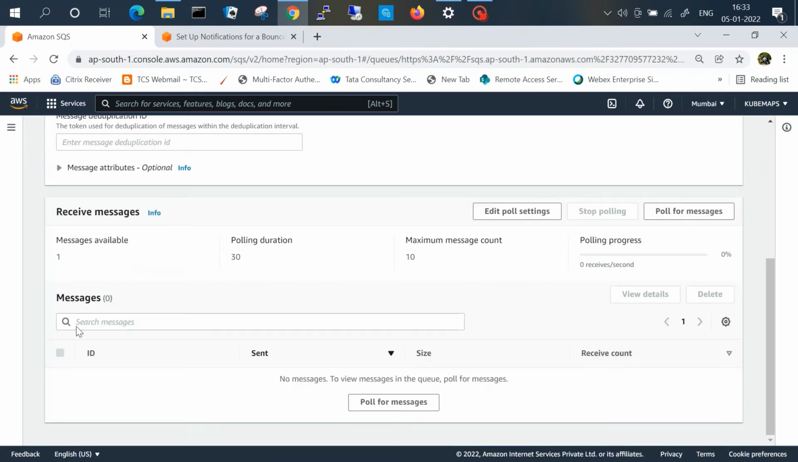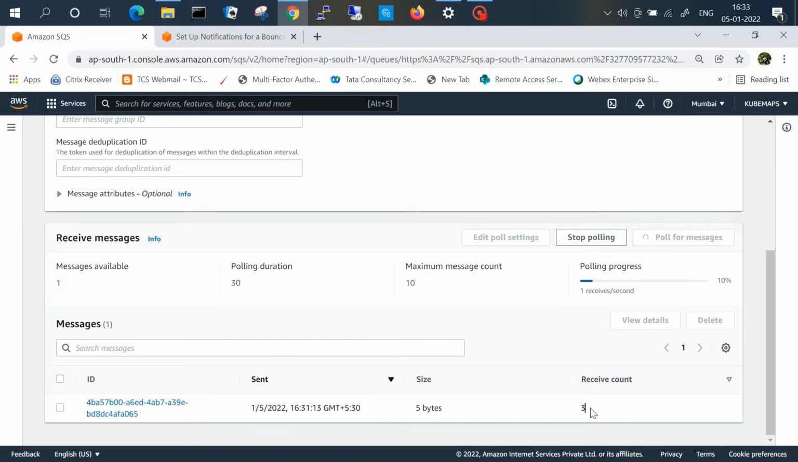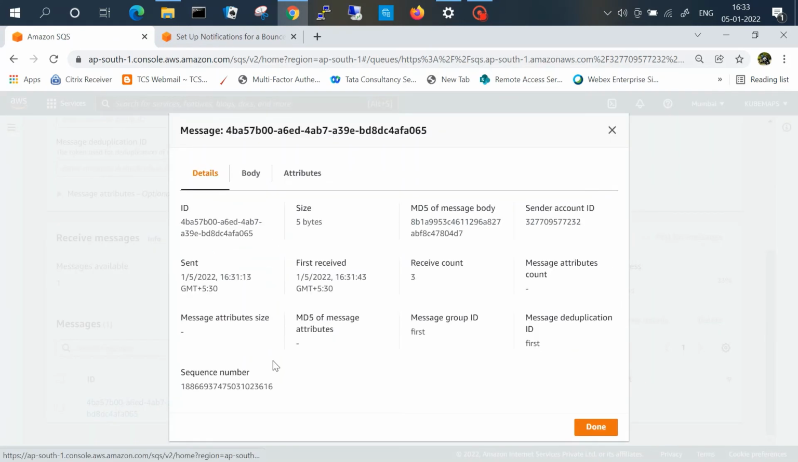Let's see again. You can see message available count has changed to 1. Now we'll poll this message again. Now received count is 3. And you can see in the message detail the first received time is 16:31. Now this is very important because we have got